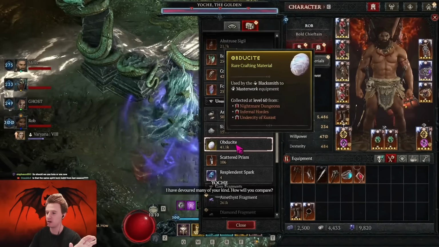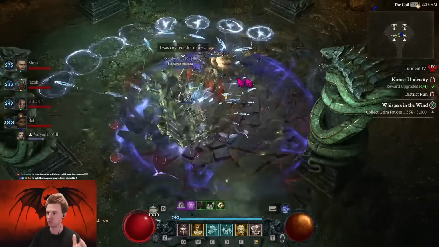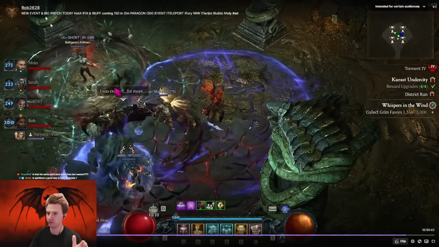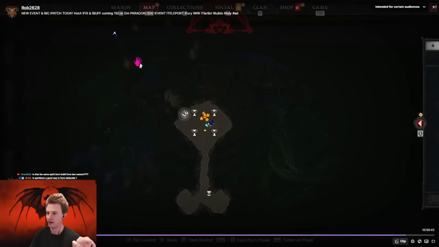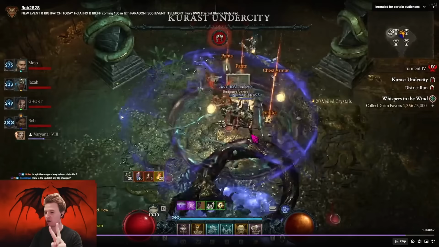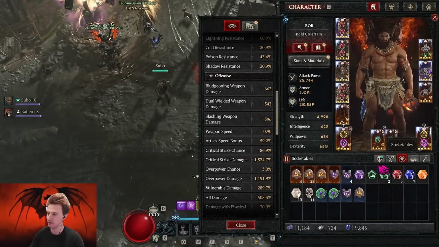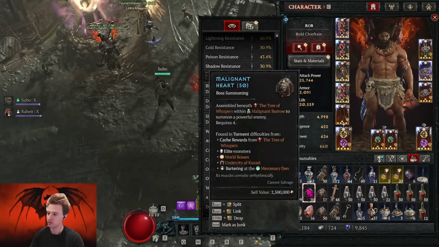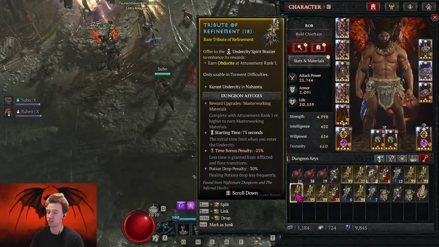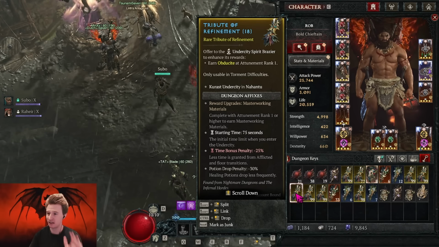not drop any Obduxite. You can see here, I was pretty pissed about this, because you spent all the refinement tributes and the masterwork stuff is gone and it does not drop any Obduxite. Normally you get 2,000 Obduxite. So apparently this bug only happens if you are playing in a group. It still works normally if you're playing solo, but my recommendation would be right now, save your tribute of